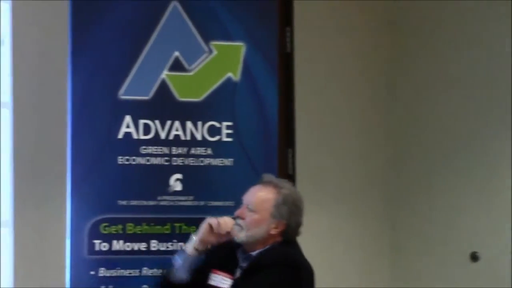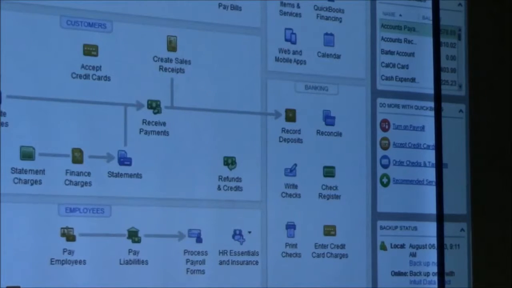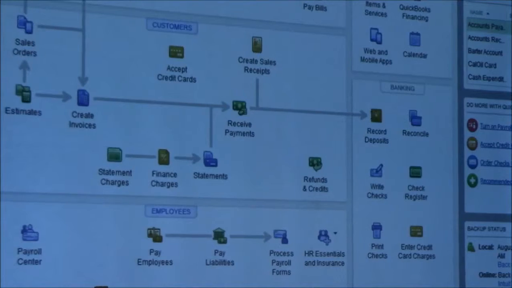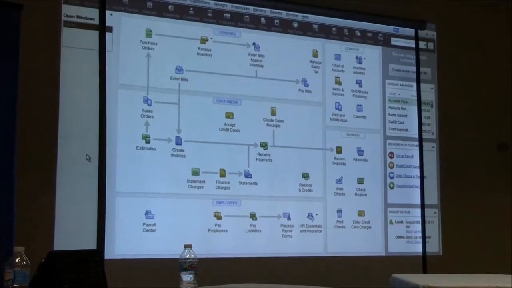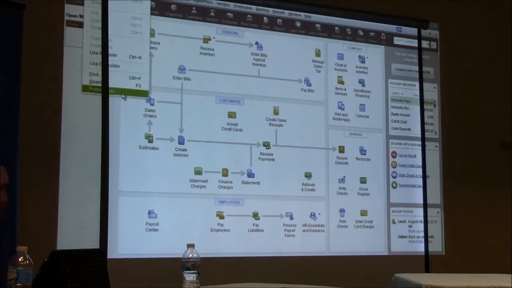So this is a sample company that QuickBooks provides, basically when you just install QuickBooks. And you can see there's a lot of stuff going on. There's purchase orders, there's receiving inventory, there's all this stuff. And in a lot of cases, maybe you don't need all that stuff. So one of the things that's nice about QuickBooks is you can just go in and edit different things. If you're not using purchase orders, say,